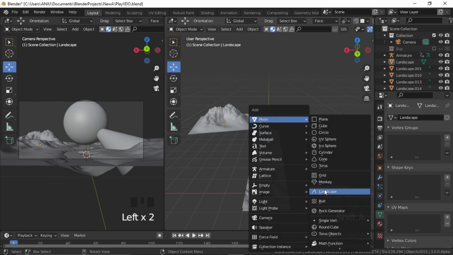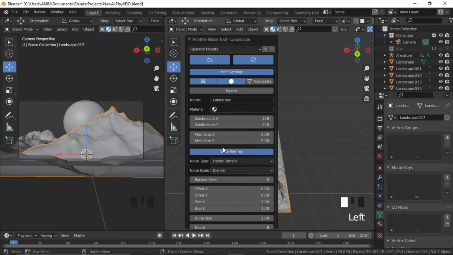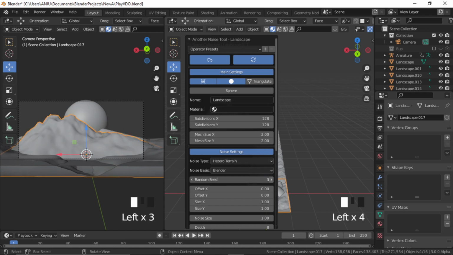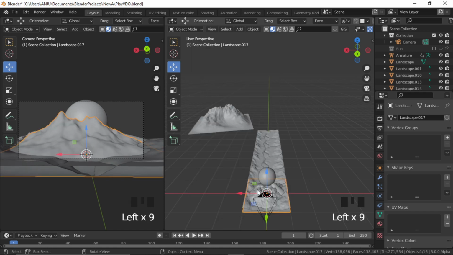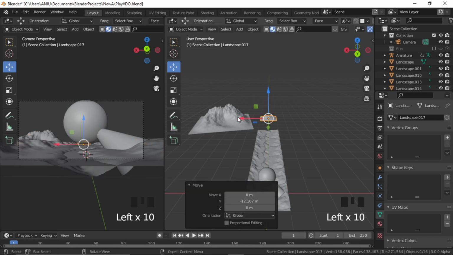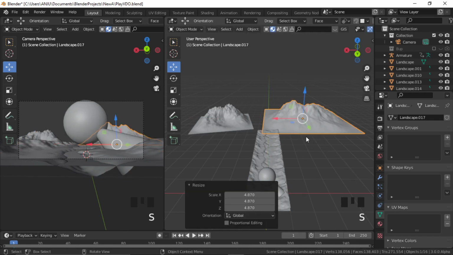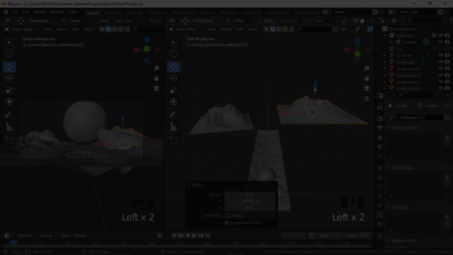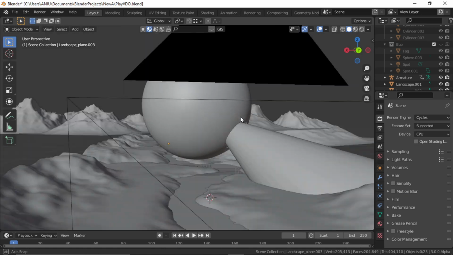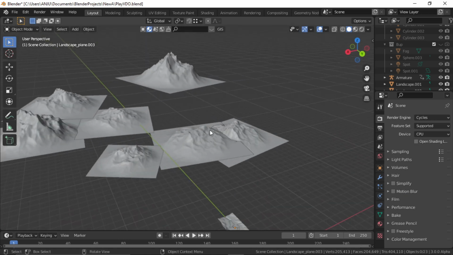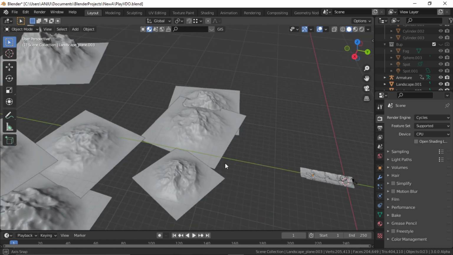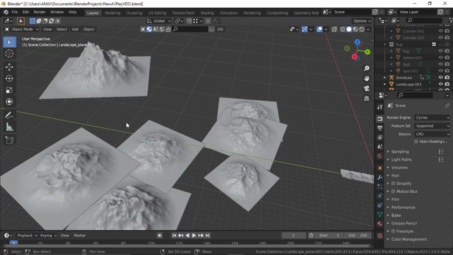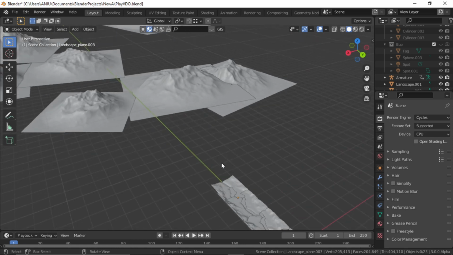So again, let's create a landscape, and this time you can create a different type of mountain with this random seed. So this changes the shape. So create different mountains like this and just place them in the background. Alright, so here I have filled my scene. You can see I have scaled these mountains up a bit and placed them really far in the distance, so it creates a really good sense of scale.